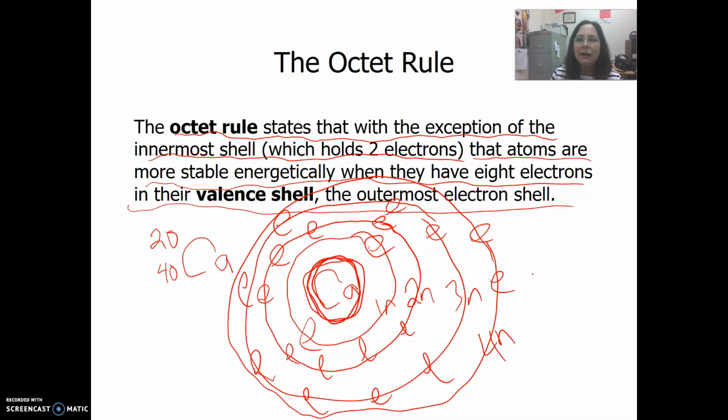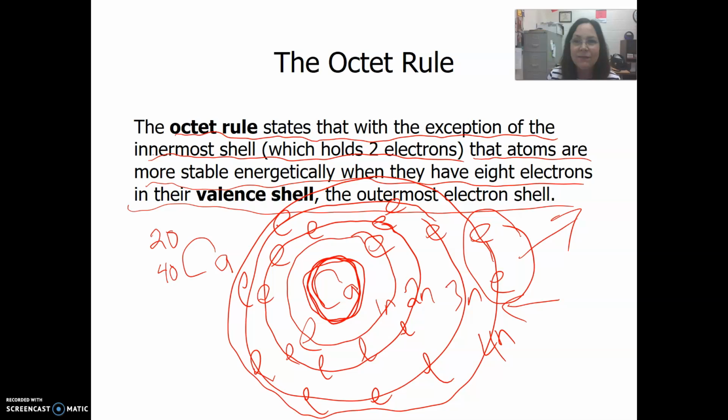So what that means is calcium in its atomic form, when it's just a neutral atom, is unstable. It's only going to be stable when its valence shell, its outer energy level, is filled with 8 electrons. Now, in calcium's example, what are the ways that you could fill the valence shell? You could fill the fourth energy level by adding 6 electrons. However, the easiest thing to do would be to lose these 2 electrons, because 2 is easier than 6. So taking away those 2 means that the valence shell is now the third energy level and